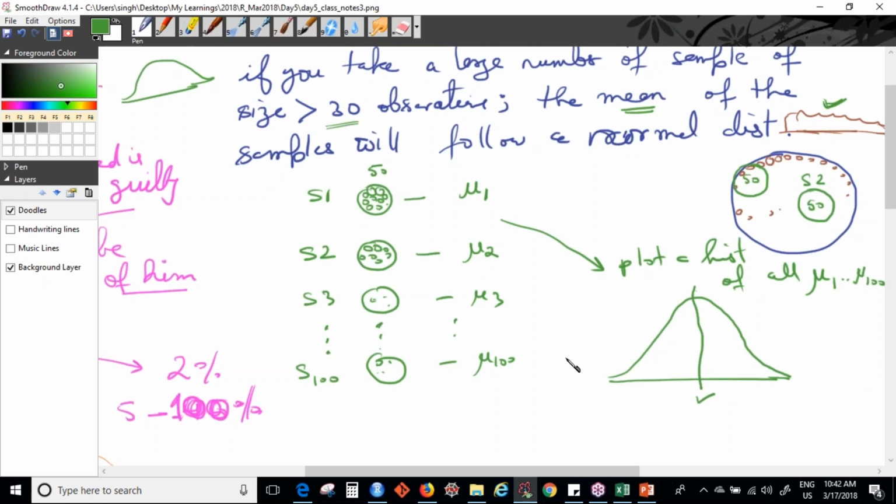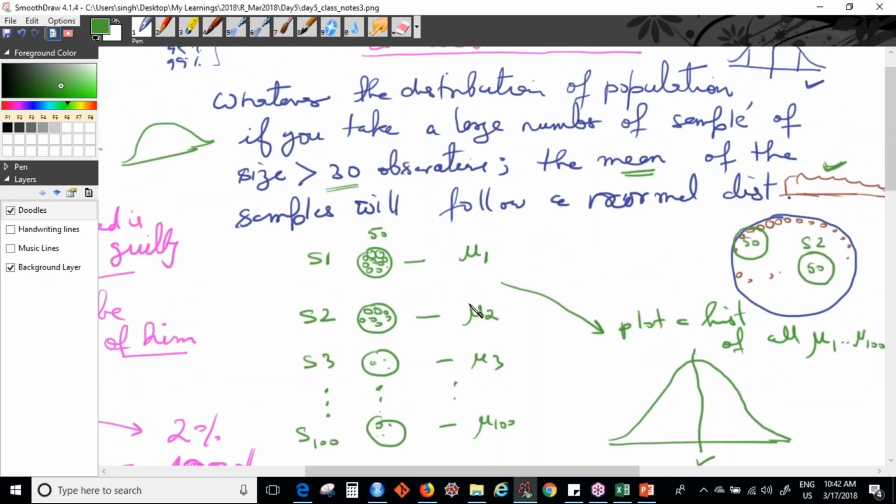But you guys do understand the concept, right? If you have a population which does not follow a normal distribution, like the income of all software professionals or all IT professionals in Bangalore, which does not follow a normal distribution, but you take many samples from it, so let's say you go to each area in Bangalore and